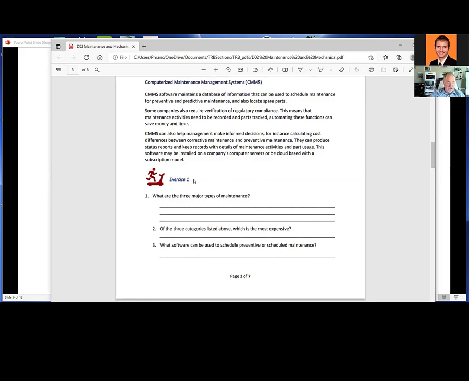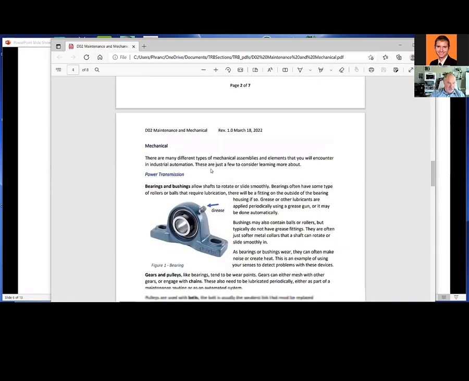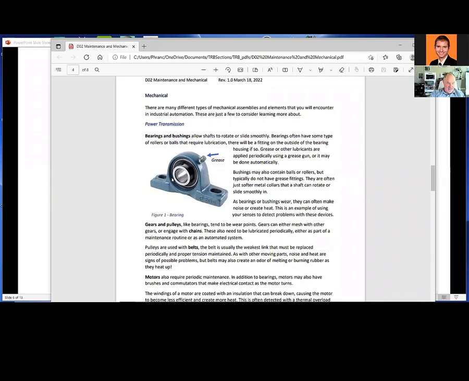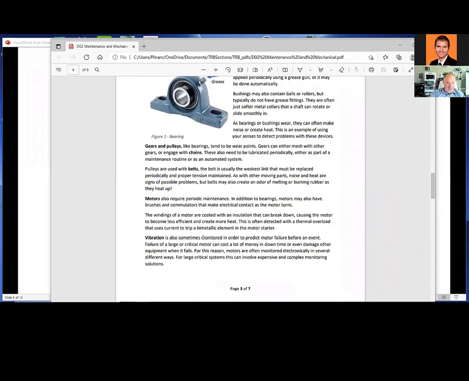And then when you get done with that exercise in this document, it moves on to some of the mechanical items that aren't motors or pneumatic actuators or servos or things like that. So I talked about power transmission, and that's why I decided to just go sequentially and cover some of this today. I talked a little bit about bearings and bushings, things like that, pulleys, motors, some of the